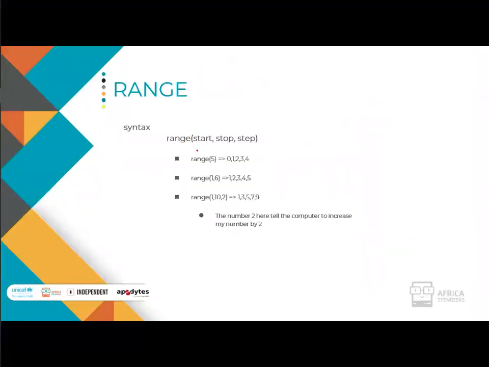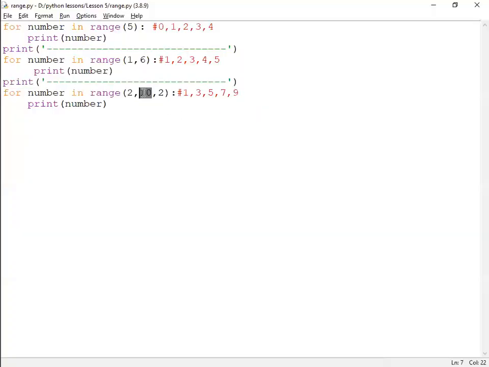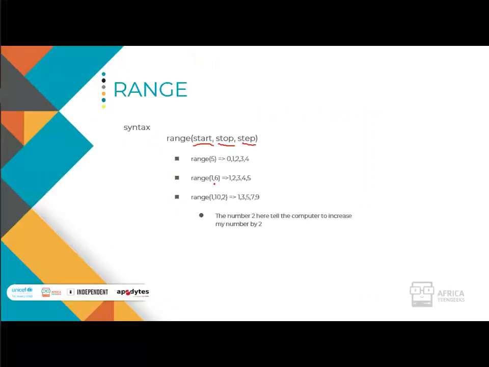So that's the range function. Range has a start position, a stop position, and a step position. But of course, I showed you that we don't necessarily have to have the start and stop all the time. We can just put in one number. That's what I put in our program. Range 5 gave us the outputs. Just that in the last part here, when we're dealing with steps, always remember that the last number, the step,